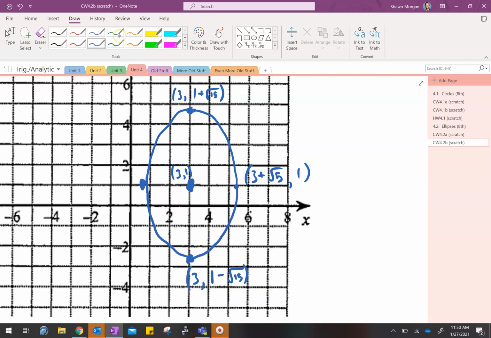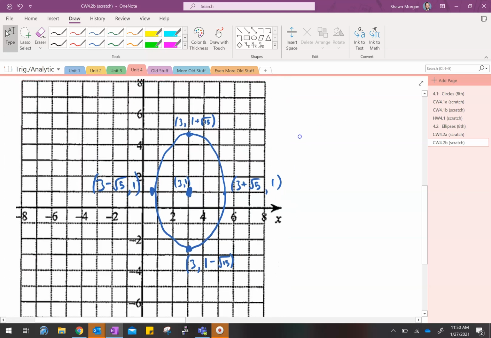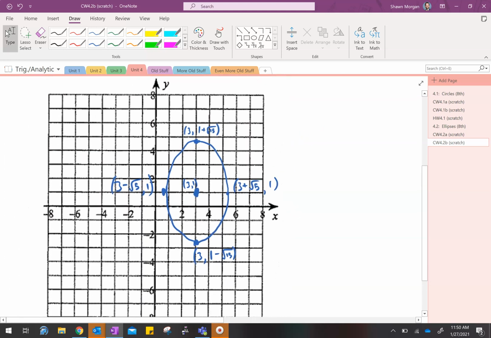Deleted a little bit of that on accident. We're going to be subtracting, so it's going to be 3 minus the square root of 5, 1. Okay, those are the endpoints of our major and our minor axes. I'll do the major axis here in red. Again, it connects the two vertices right there, and then I'll do the minor axis in green, and again it